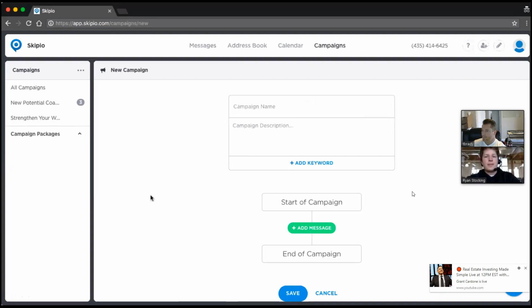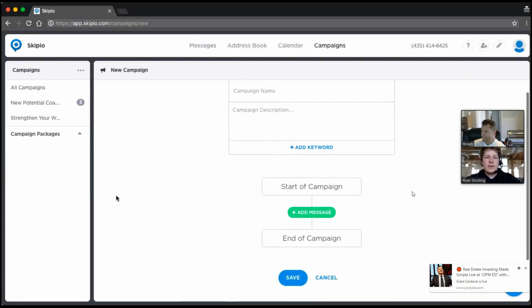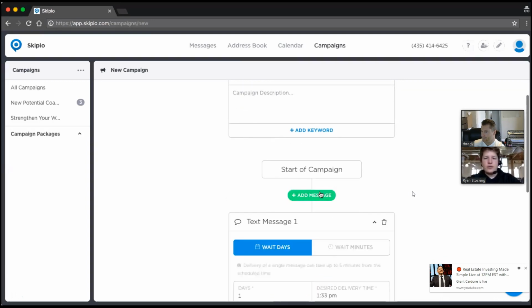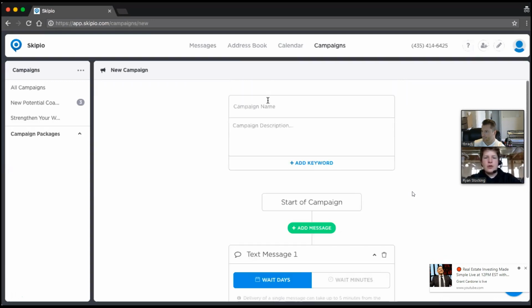So then we can just go really quickly into campaign creation. It looks like you've already got a handle on this, but I'll just really briefly go over. You would name the campaign, give it a description. This is just for your own internal reference. You can share campaigns between Scipio accounts, and so that can be helpful there. If you're creating campaigns that you want to share to other team members or other Scipio users, you can give